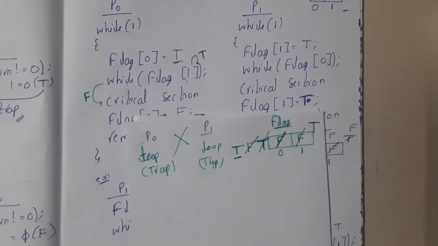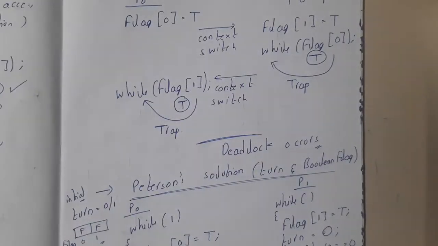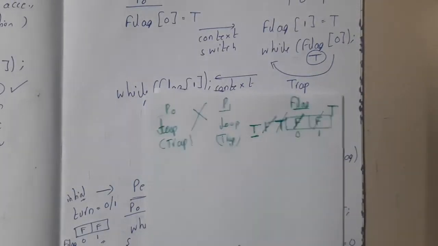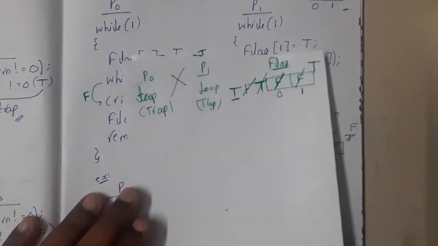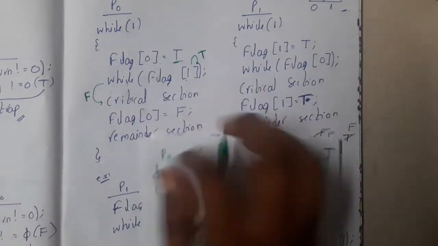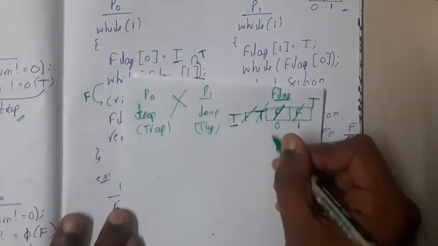Yes. So this is the disadvantage of using a Boolean array flag, guys. There is a problem of deadlock, right? Yes. So this situation we call a deadlock, guys. Okay, so now we are clear with the mutual exclusion, right? So at any moment of time, two processes cannot be inside.